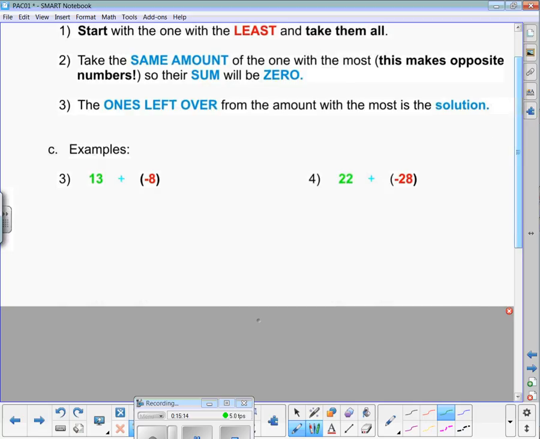Okay, so let's do C. Let's do number 3. C, number 3. Somebody tell me how to start. Don't say it out loud. Everybody, by the way, everybody should be thinking, right? If you'll think,